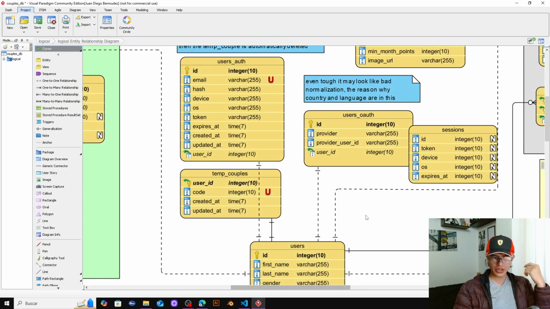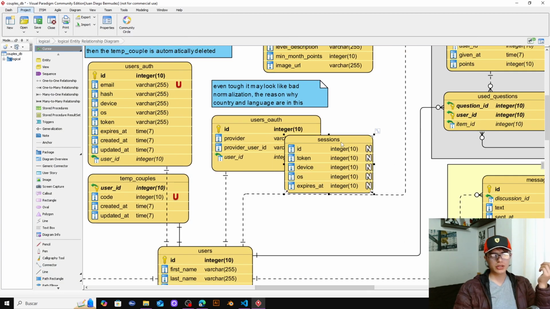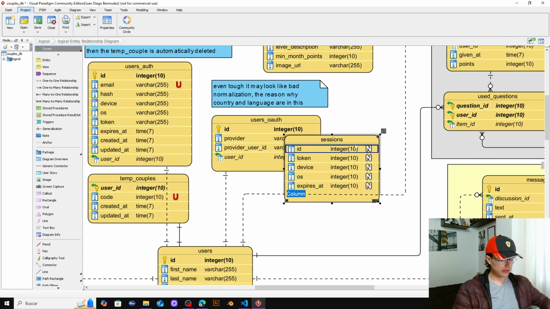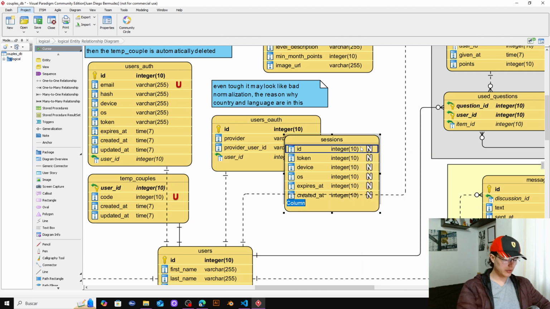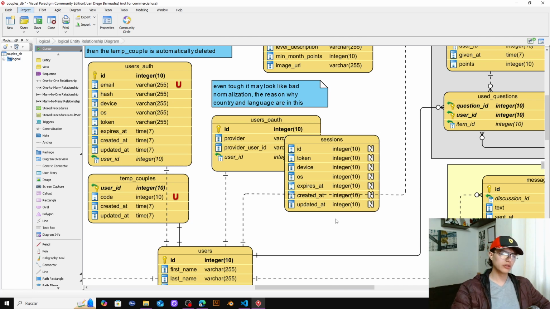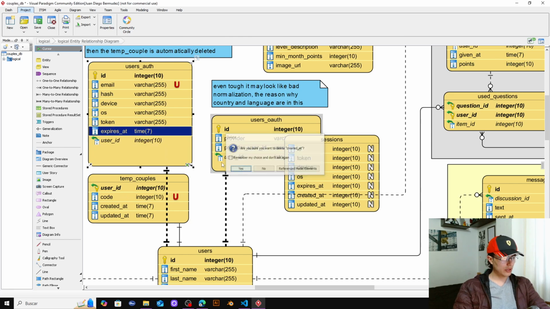Yeah, I think that expiration time can be given by me. I mean, what I wanted to verify is that I am in control of the expiration time and not Google or Meta. So let's keep it like that. Let's also add created at, and let's add updated at, which will be an update of the session. But that doesn't make sense, because if I need to, let's keep it like that, just in case. And in that case, I will remove this from here, and